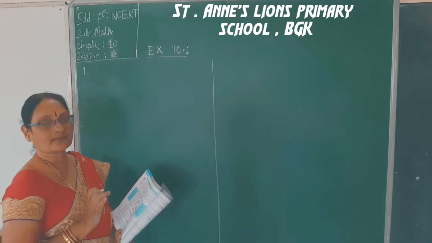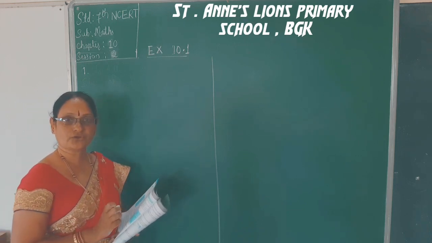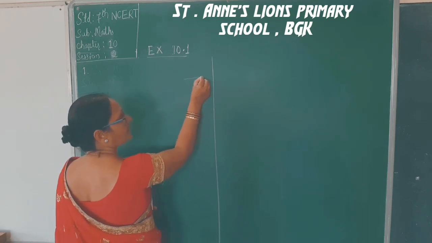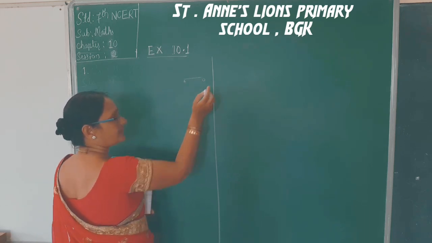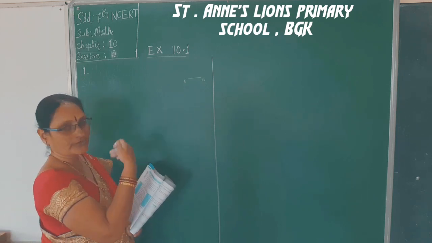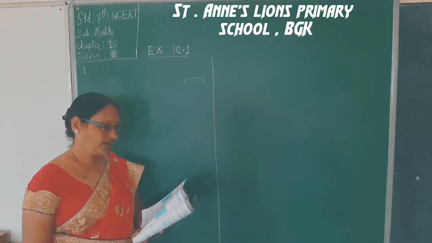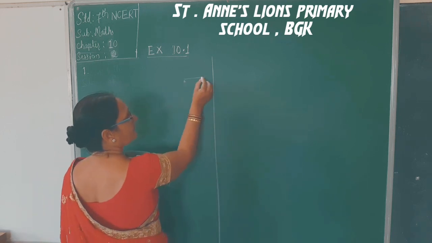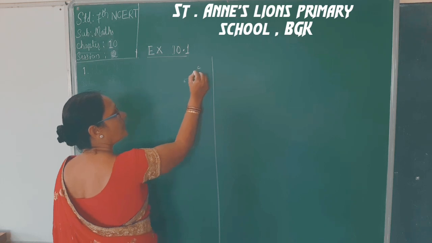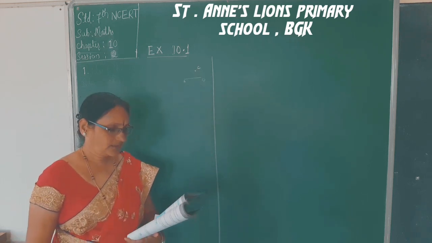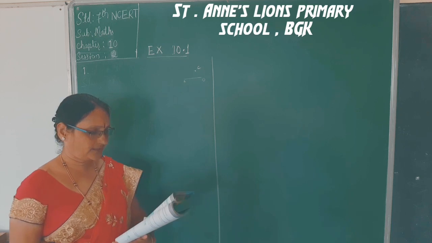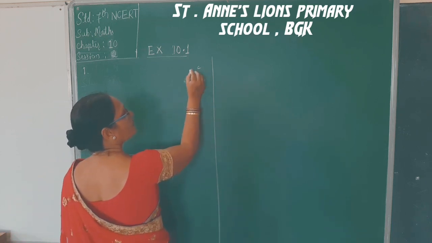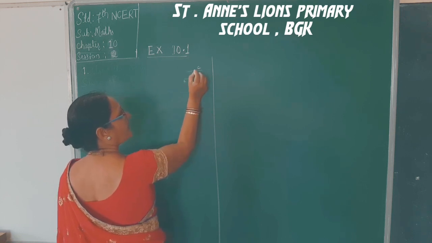As you read the question, it is better to draw a rough construction first. Draw a line AB. This is rough. Then we will do it according to the measurement below. Take a point C outside it. This is the line AB, and this is C outside the line. Through C, draw a line parallel to AB using ruler and compass only.